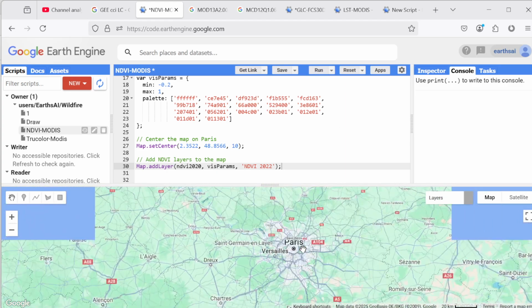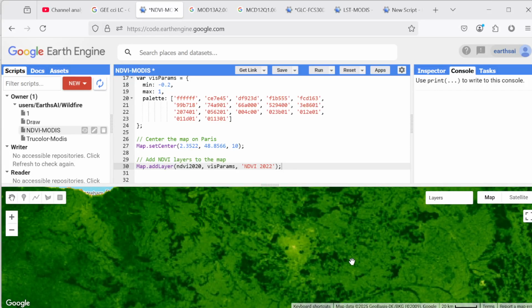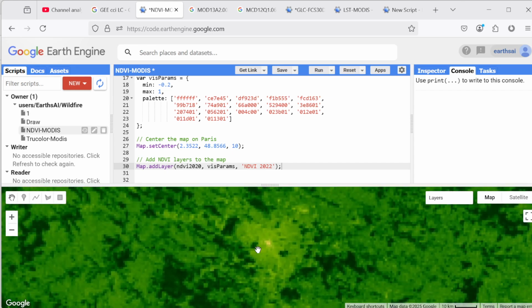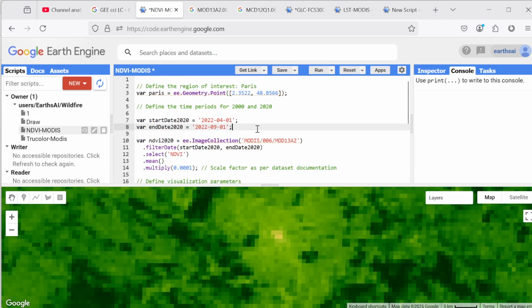and you can see the results. The high vegetation area has a dark green, and the low vegetation area has a yellow green. As you can see, the city center of Paris has low vegetation, and this image is related to 2022, and you can create it for